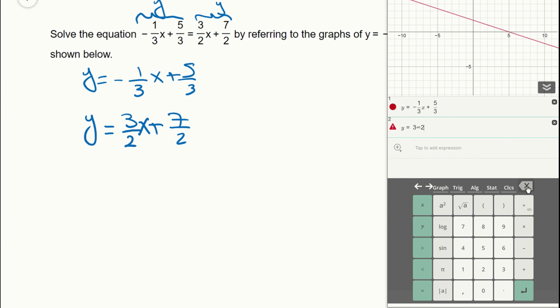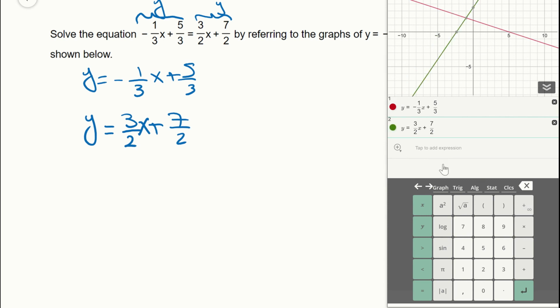I don't know why it keeps hitting. I guess it's, let me see. Yeah, if you, for some reason, I don't know, maybe you do. So 3/2 x plus 7/2,